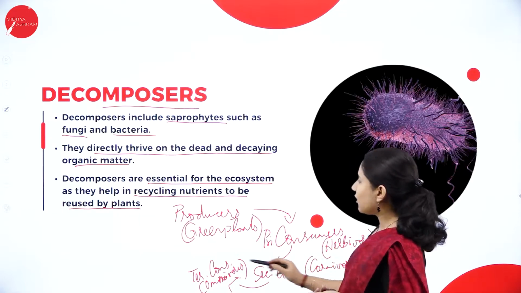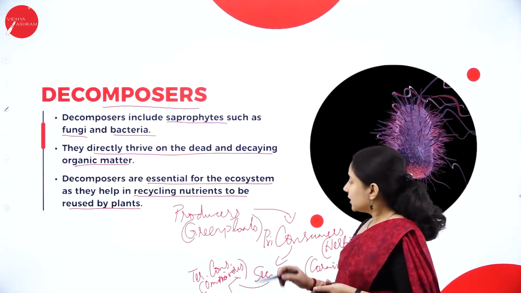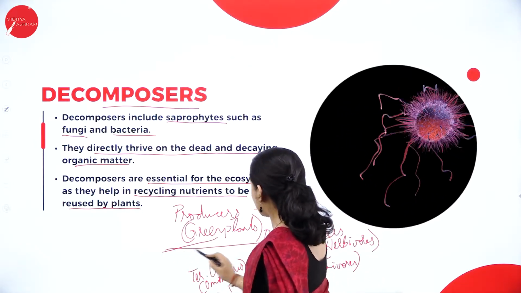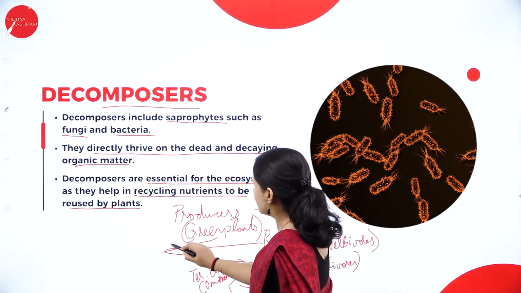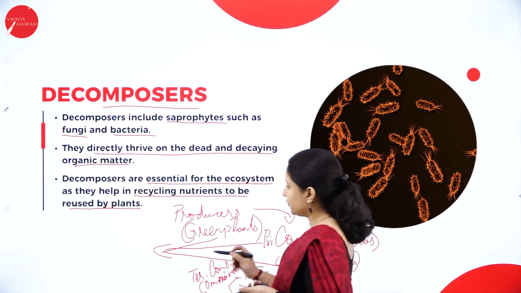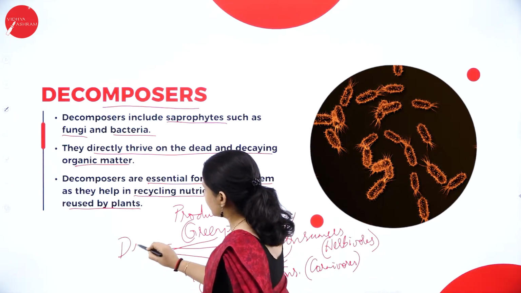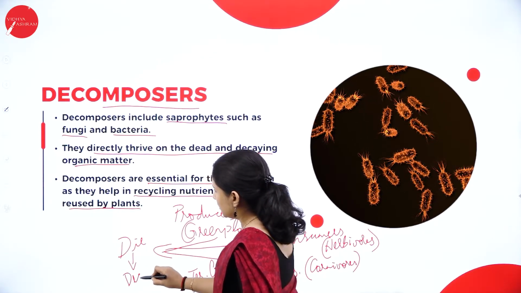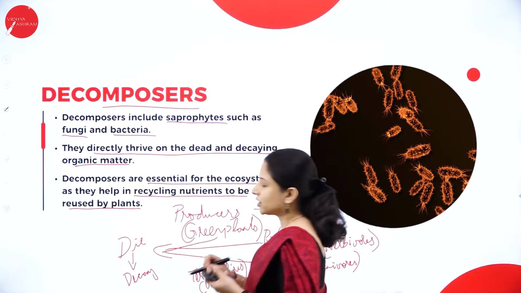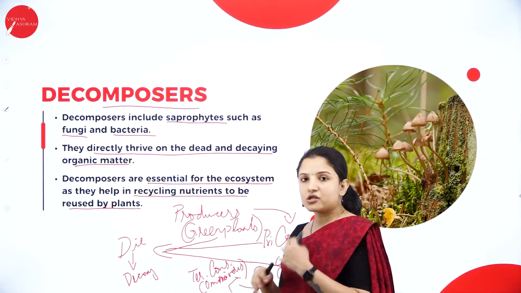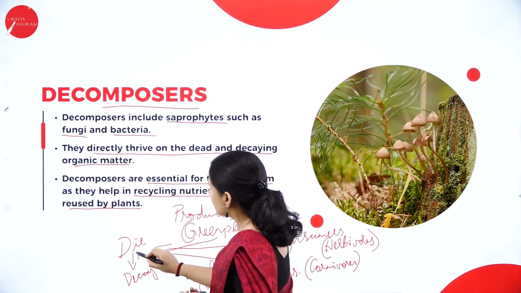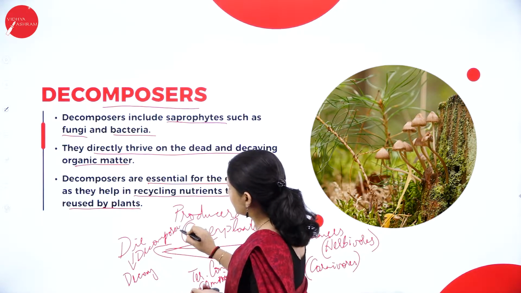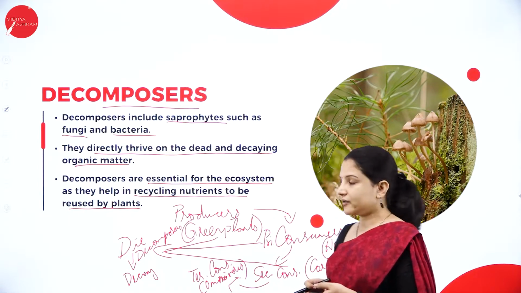Now all these organisms are there, right? So everything at the end of the day, they will die. All these, they tend to die. Nothing is immortal. As I told you, they will die. When they die, they need to decay. So if they need to decay and rot and merge with the soil, then the decomposers are needed. So that is a function of the decomposers, that is the saprophytes, fungi and the bacteria.